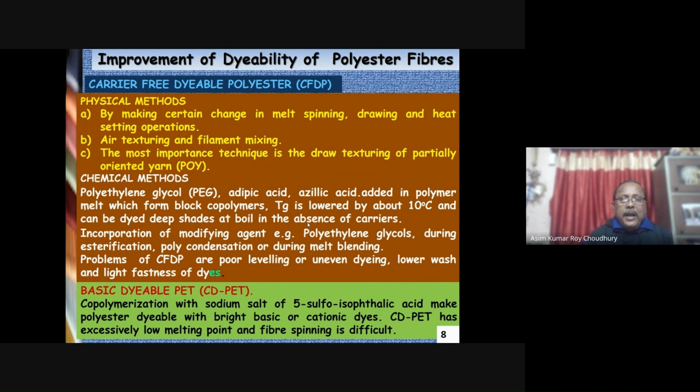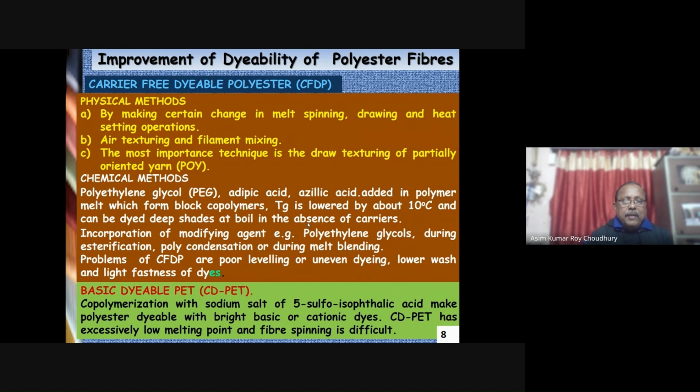Chemical method: addition of polyethylene glycol, adipic acid, azelaic acid, etc., which form block polymers. Tg is lowered by 10 degrees and it can be dyed to a deep shade at the boil in the absence of carrier. Other modifying agents are polyethylene glycol during esterification, polycondensation, and melting. The problem of carrier-free dyeable polyester is that leveling is poor, that is, we get uneven dyeing, and lower wash and